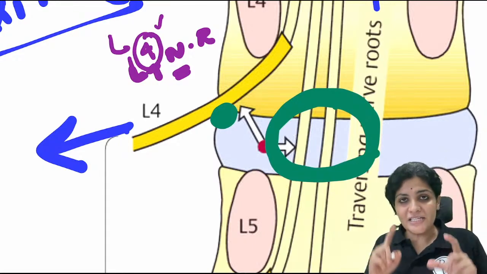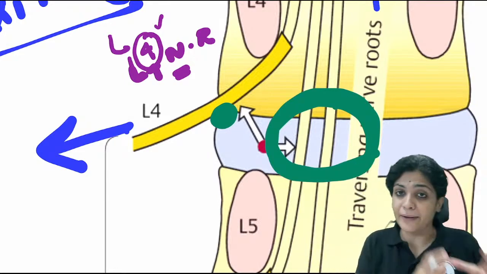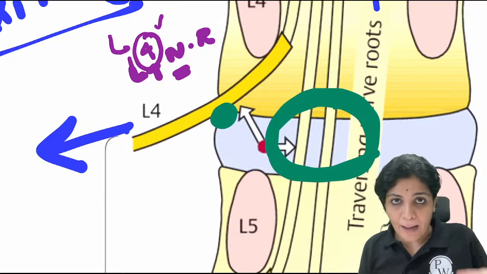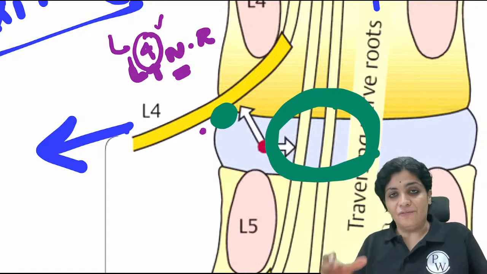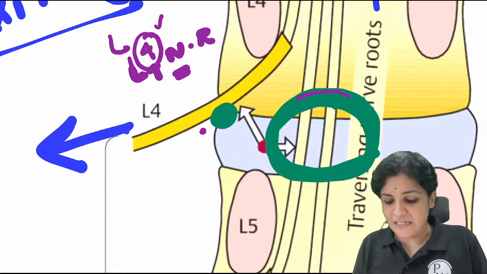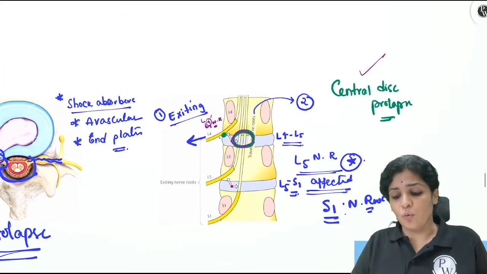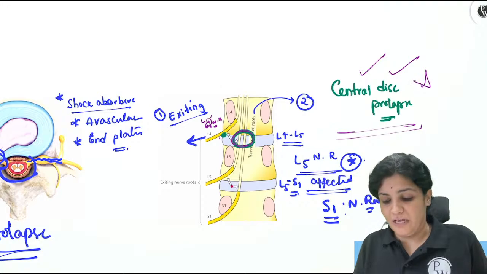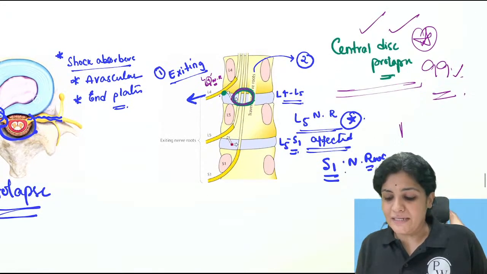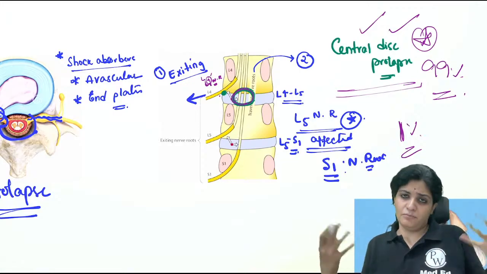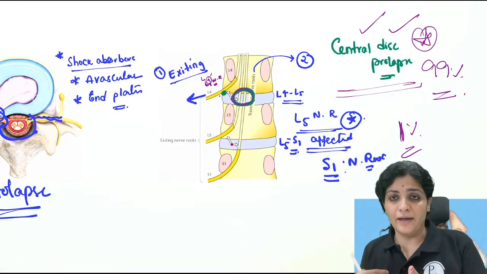So you have to always check whether the disc is a central disc prolapse or a foraminal disc prolapse. If it is a foraminal disc prolapse, then the nerve which is affected is L4. If it is central disc prolapse, it is L5. But usually in the exam, they will ask only about the central disc prolapse, 99%. But 1%, sometimes some examiner, because we have learned so much that only the lower one is involved, and